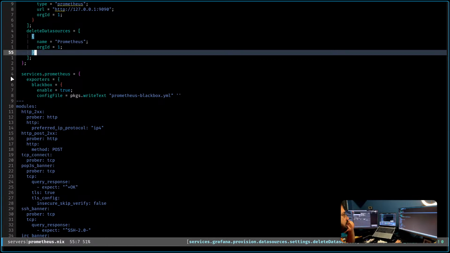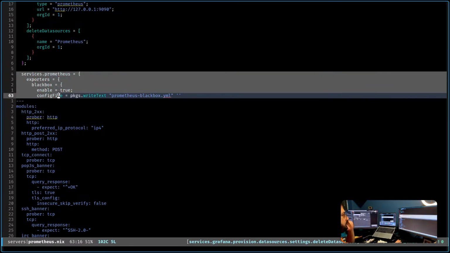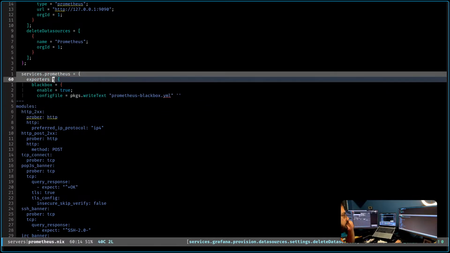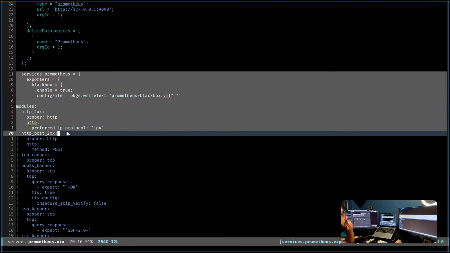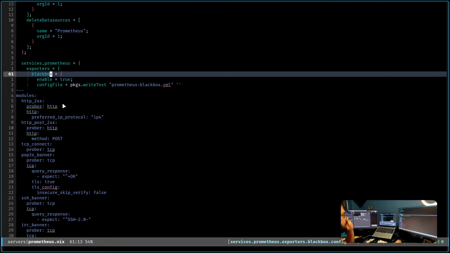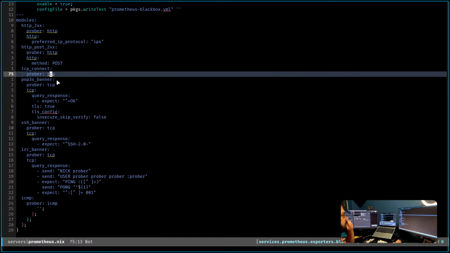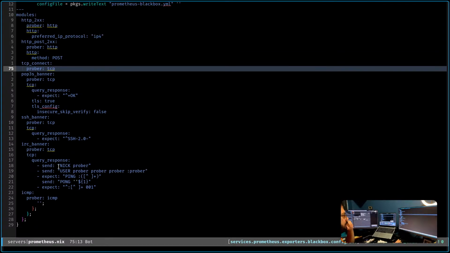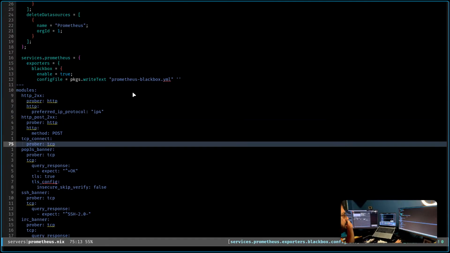Then services Prometheus. What is this one? This is the exporter basically. Exporter, the blackbox. I'm writing the configuration.